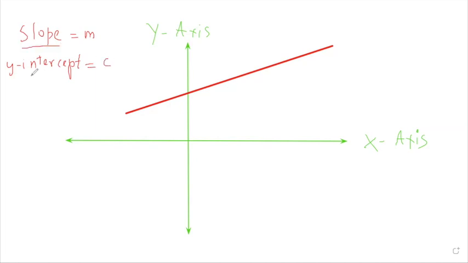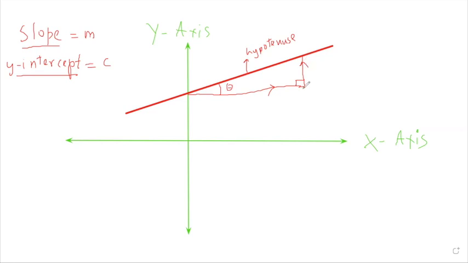So I'll explain what these terms mean, slope and y-intercept. You probably already know this. The slope of this line, if you know your trigonometry a little bit, is the tangent of the angle that this line makes with either the x-axis or a line parallel to the x-axis. If you were to draw a right angle triangle by drawing one line parallel to the x-axis and one parallel to the y-axis, this line acts like the hypotenuse.